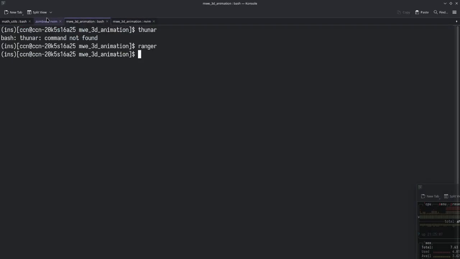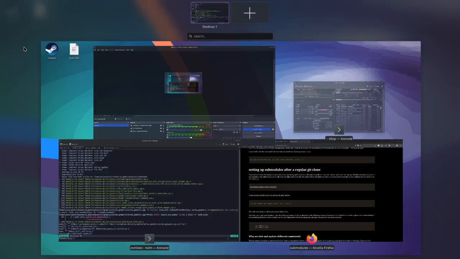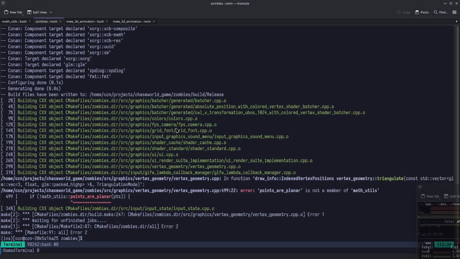Okay, so this problem, I'm actually glad this came up. This is happening because we don't have versioning within the sub-projects yet. When the sub-projects have versions and they depend on other versions, then this is a problem we can fix. So the problem is specifically there's a new entry in the API and this vertex geometry file is using it and it fails because it didn't get the newest version. So it depends on the newest version, and in fact I hadn't even pushed it on that. So that's a pretty big mistake on my part. But